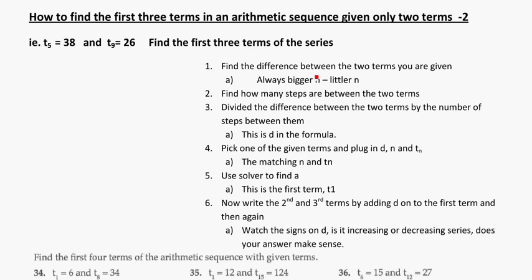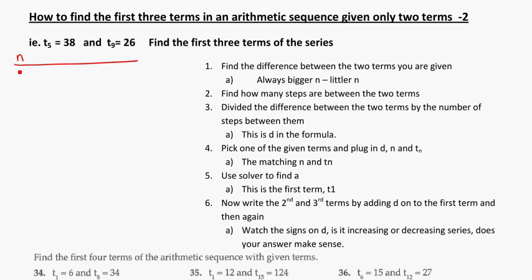Alright, so here we're trying to find the first three terms of an arithmetic sequence when we're only given two terms out of the whole sequence. That could be the first and second, or the 100 millionth and 4 billionth term, just any two random terms. In this example, they've given us the fifth term, which is equal to 38, and the ninth term, which is equal to 26. And again, sometimes to help visualize what's going on here,